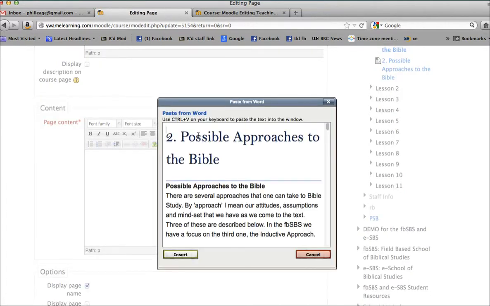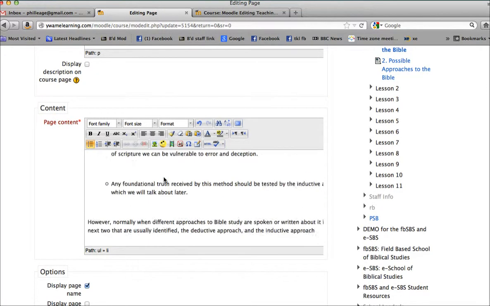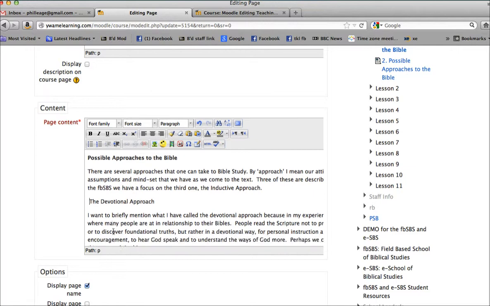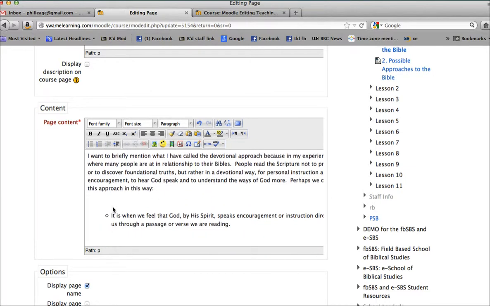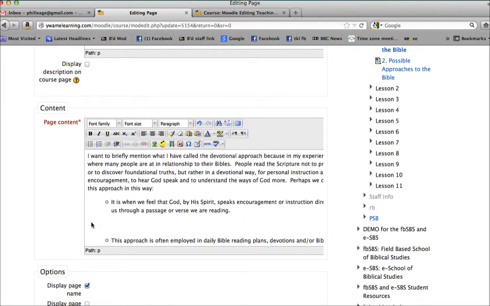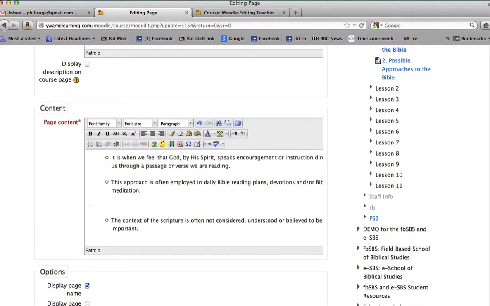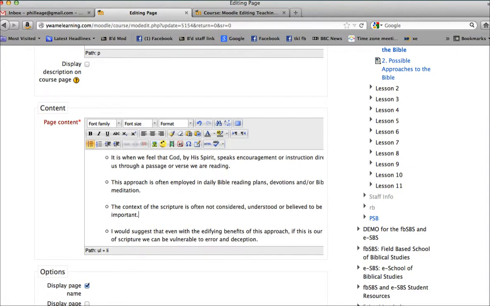We can paste in the text and insert this, and then you would need to go through and edit it just in the area of formatting. Sometimes there's extra spaces that come in that we don't need, and you would work your way through so it looks nice,